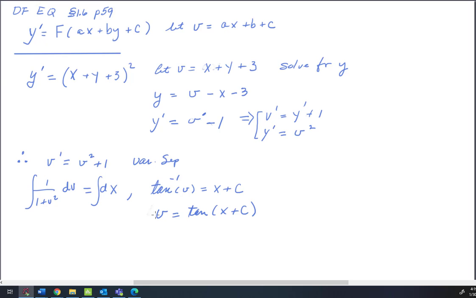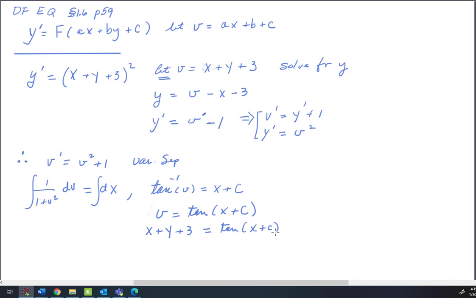But v is, come clear up here, v is x plus y plus 3, so that's what's equal to tan